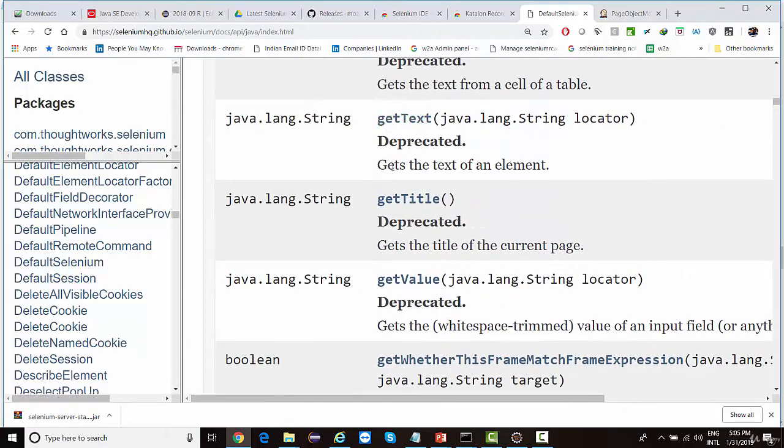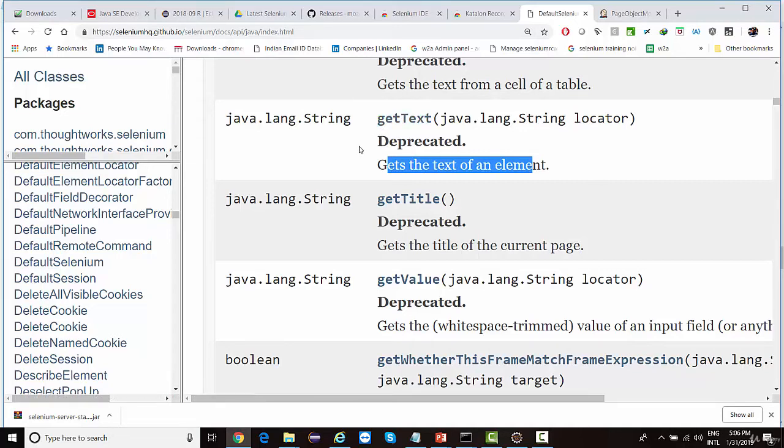What it does, it gets the text of an element. Of an element means one single element. Element means anything that you see on the page is an element, be it a dot, be it this scrollable, be it link, be it text. Anything on a web page is an element. An element on a web page is called a web element. So getText will give you text of one single element.